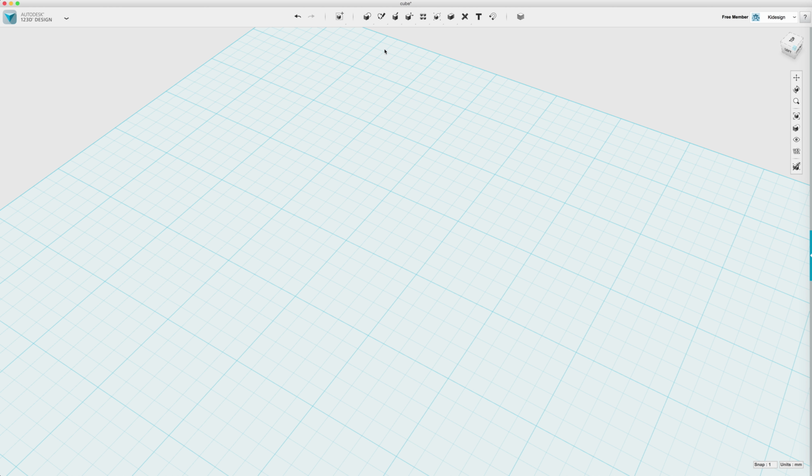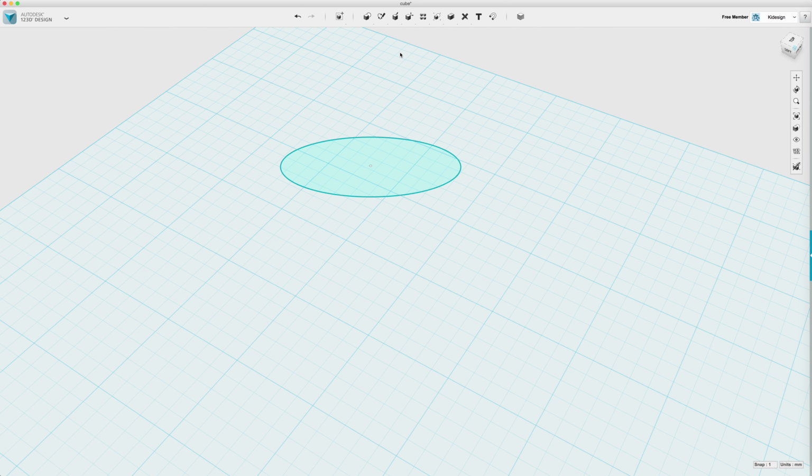If I want to start by drawing a more interesting shape from a 2D sketch, I can do that using the sketch button here. Now I can either sketch something from a regular 2D shape, say for example an ellipse. It will ask me which grid, which surface do I want to sketch it on. First I select the surface, then I draw the shape, then I confirm it with the green tick,